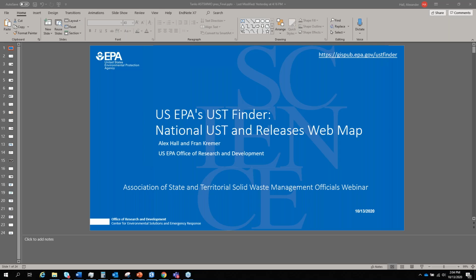This is, as I said, a great tool. You'll see, obviously, it's really useful for the prevention side, for the UST side. But like myself, when I first started looking at this, I already saw a use for our emergency response folks in New Hampshire, our drinking water folks in New Hampshire as well, among others. So keep your mind open to what other folks might be able to use this tool for to their benefit. And keep an eye out for regional updates. There are going to be ever-changing things coming along. Alex and his team and Fran will make changes from time to time and the updates, and the regions will be able to work with you on showing what those updates are. But I hope this tool works out well, and hope you enjoy the show.